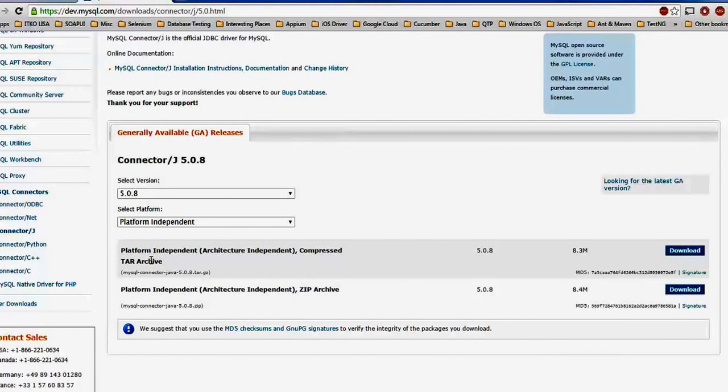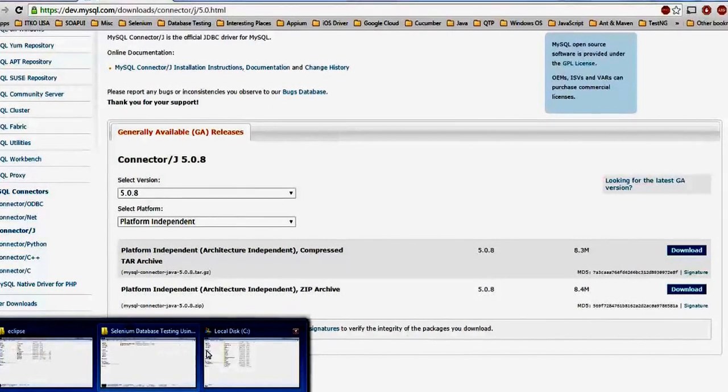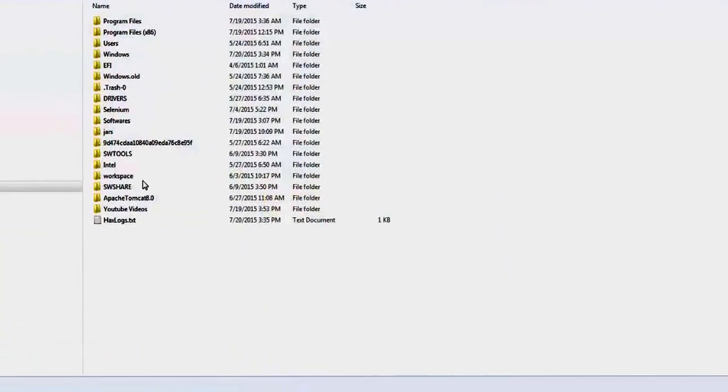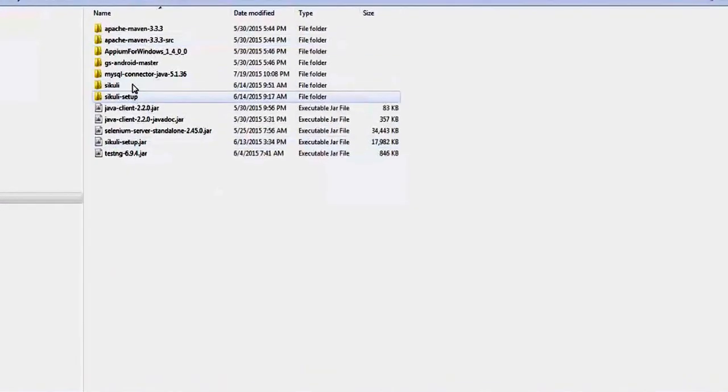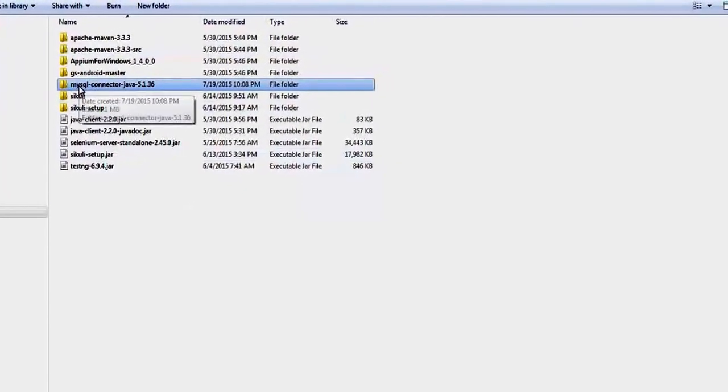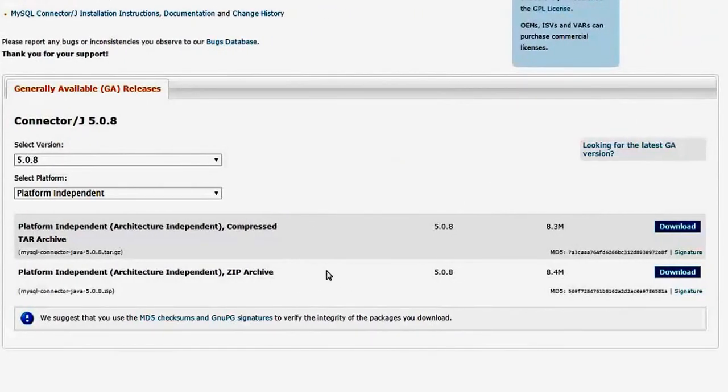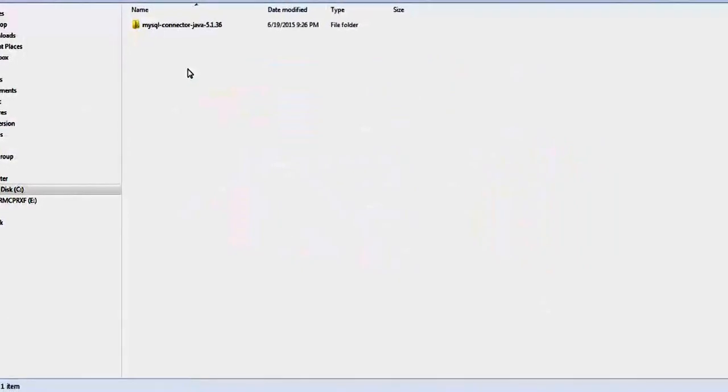If you are working with Mac, then you might have to download this tar archive. All right. I have already downloaded this, and I have it in my jars folder. This comes as a zip file, and I have extracted it.